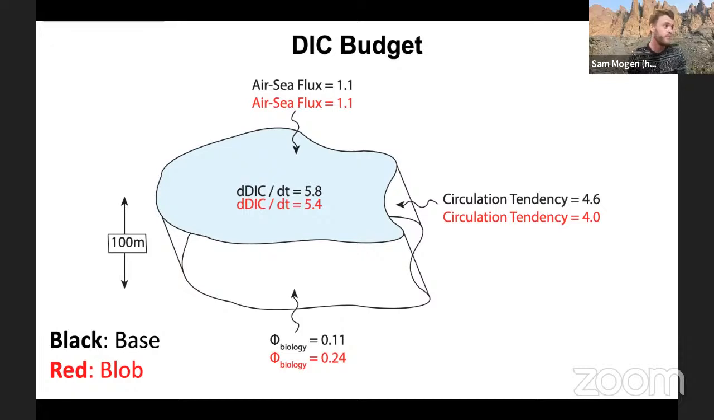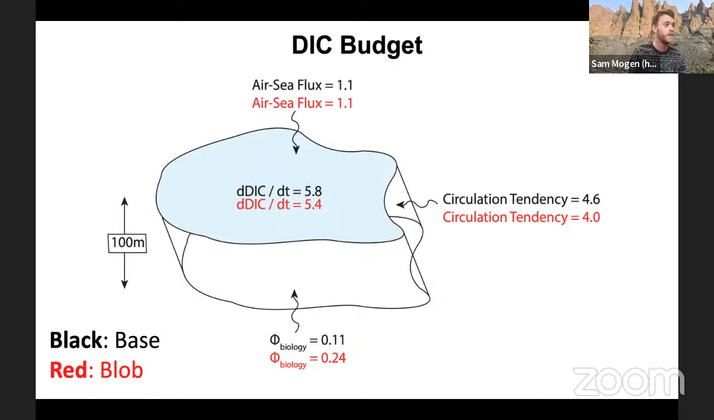So starting at the top, air-sea flux is just the amount of carbon flowing into the region, the water column, from the atmosphere. The black is showing our base period and the red is showing our anomalous blob values. And we see very little change to the air-sea flux during this period. Carbon is not a super temperature-sensitive dissolved gas. So especially in this really rapid short-term change, we're not going to see a huge change in the